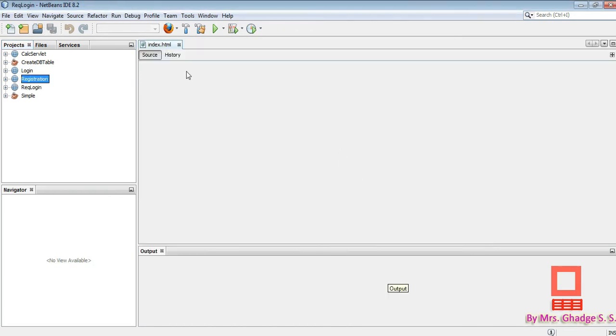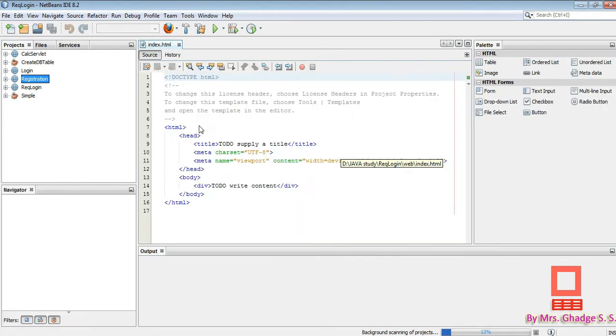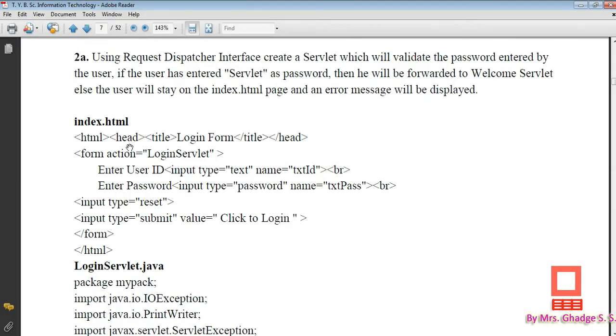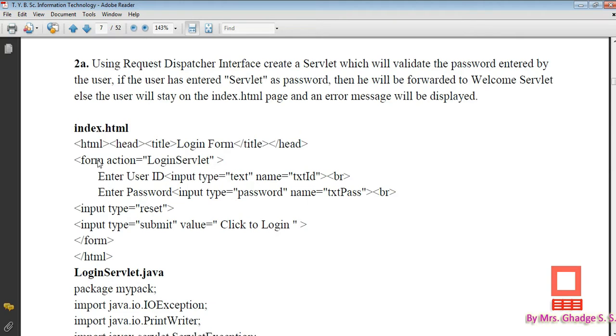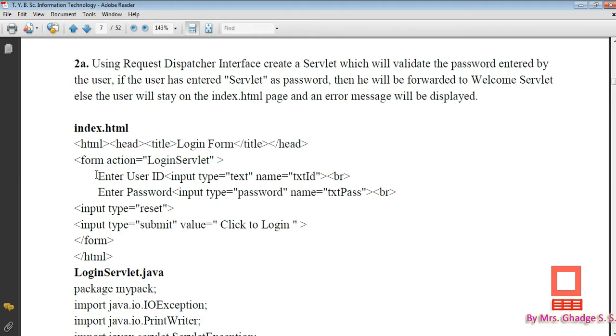Okay, so you can see here by default you will get this file, that is index.html. So in index.html we are going to write the code, that is form action equal to login servlet. Okay, then enter user ID, and in front of it is the text box which has the name attribute as txt id.